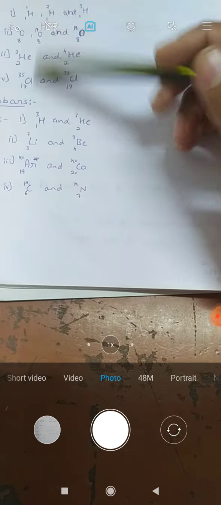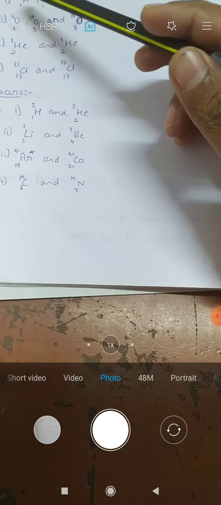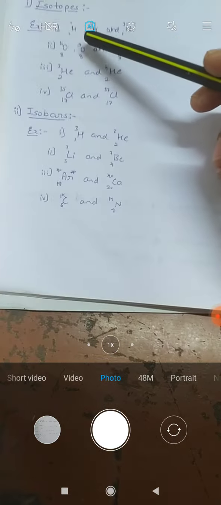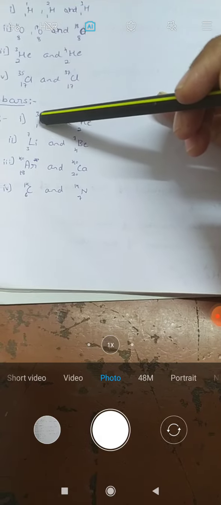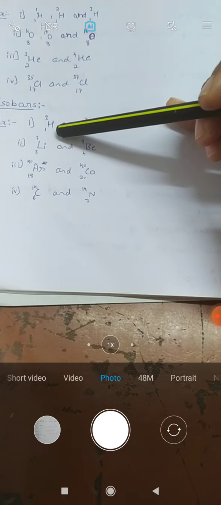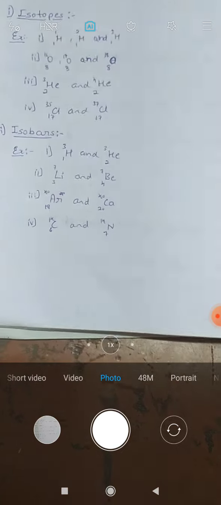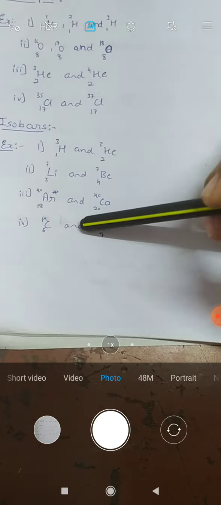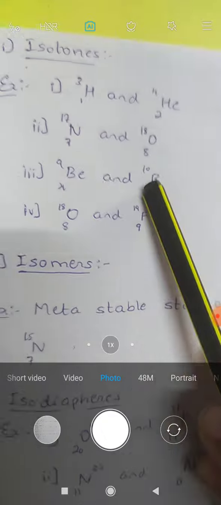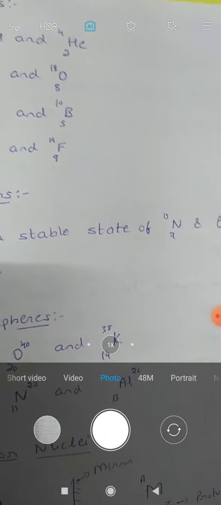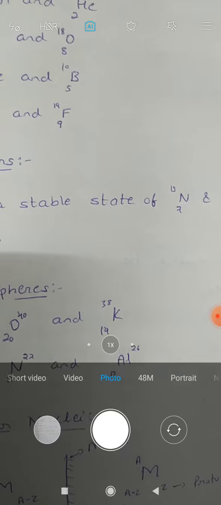Here, the only difference between isotopes and isobars is that isotopes consist of the same number of protons with a different number of neutrons. But in case of isobars, it consists of a different atomic number with the same mass number. The next one is isotones. In case of isotones, the nuclei having the same number of neutrons